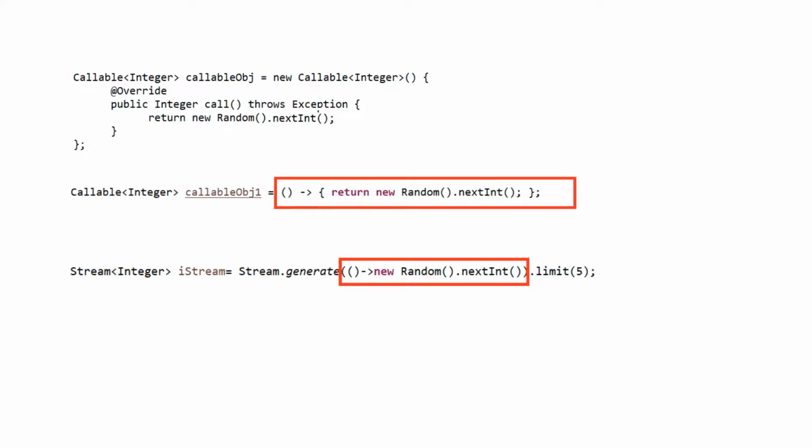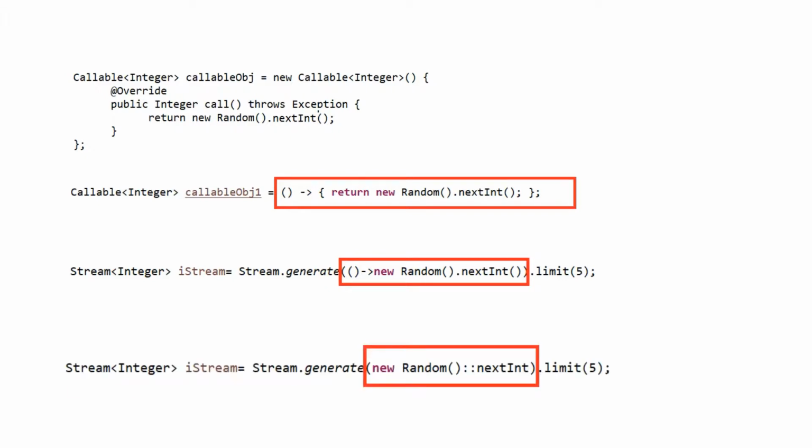So this is how a functional interface works. We write a functional interface which is going to have a single functionality. We write it using a lambda expression, and we pass that expression as an argument to the stream methods. So this is a simple and easier way to write it. This is the main use of functional interfaces. So we can write it in a more Java 8 way. New Random, we are calling the nextInt method.